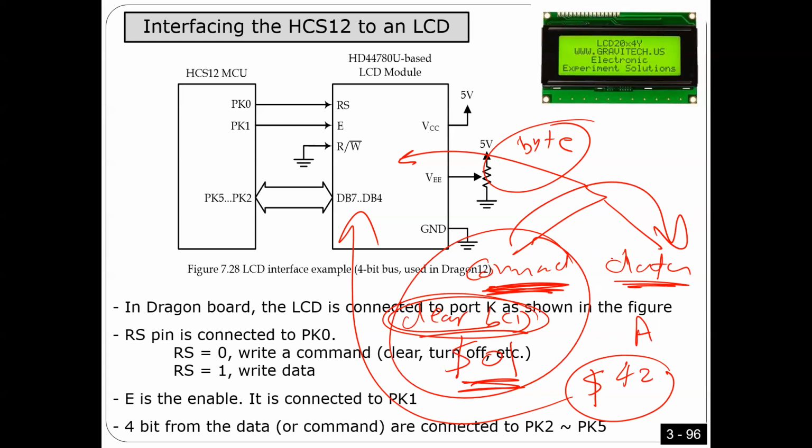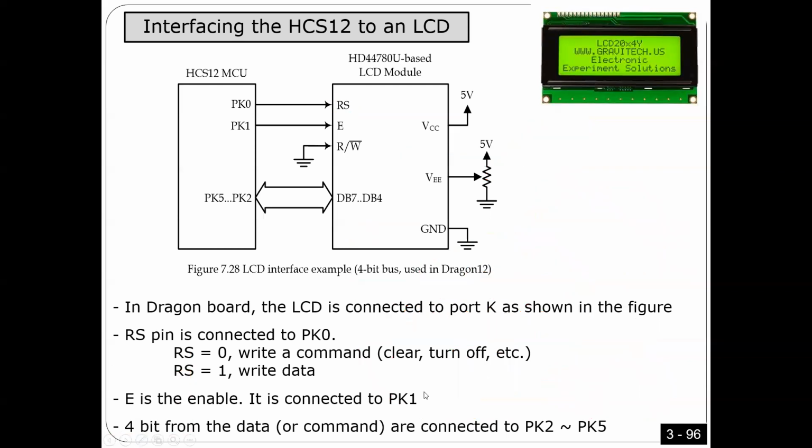Okay, so when you send a byte, this byte can be data or can be command. So how can the LCD know if it's data or command? Very simple. That is why we have RS here. That's why we have RS here. Okay, so what happens is that if you want to send the command,